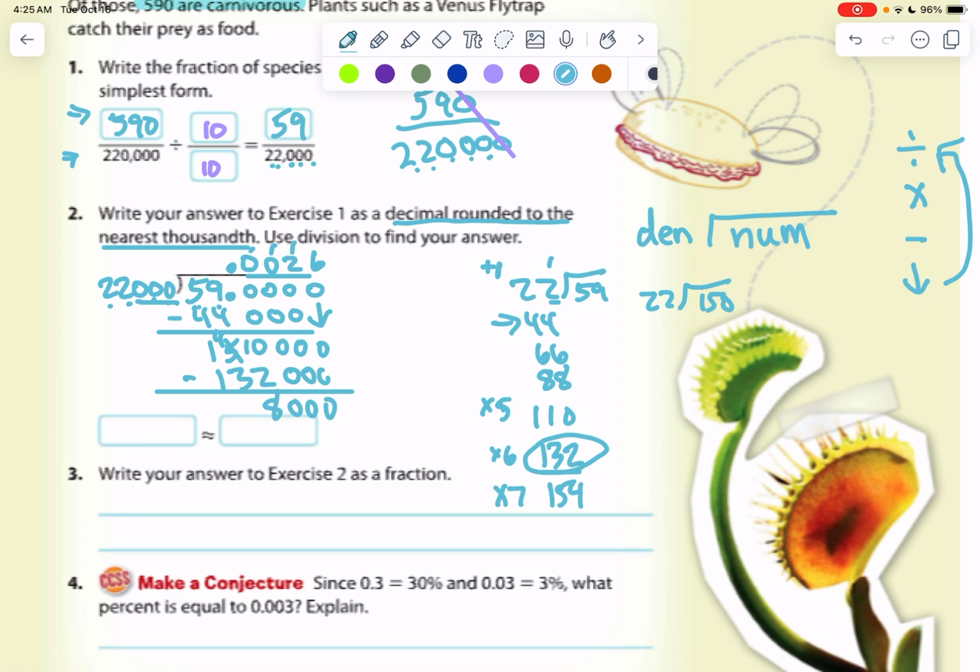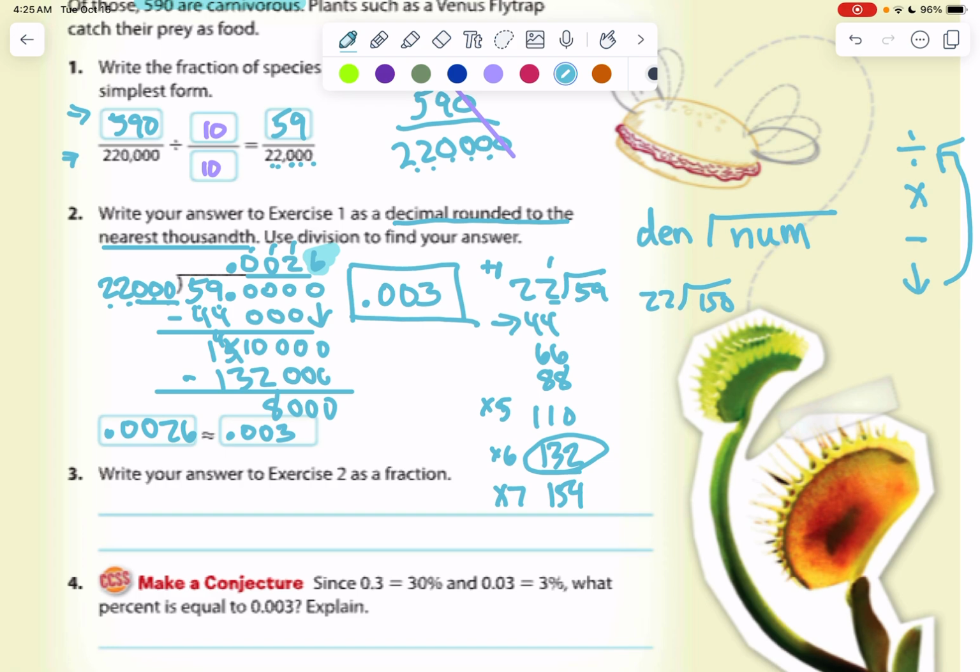We actually don't need to solve any more of this problem because all we need to know is what this digit is. And it is 5 or higher, which means this is going to round to 0.003. So 0.0026 or 26 ten-thousandths is approximately 3